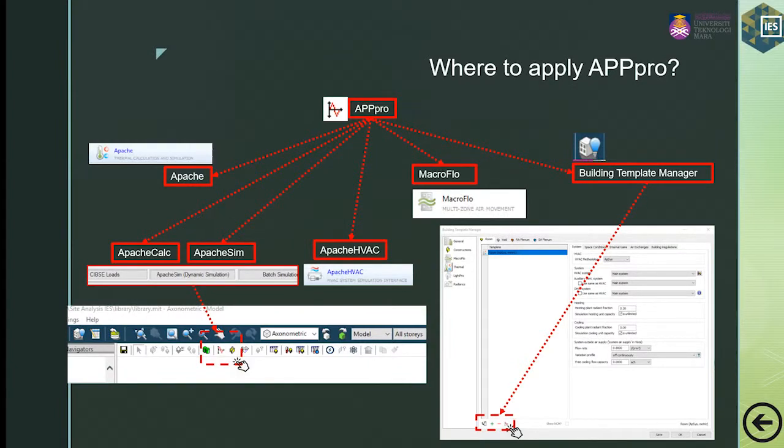So where are you actually going to use App Pro? App Pro is one of the most commonly used links for information regarding time series, and it is used for calculating the amount of energy depending on time. It is commonly used in Apache for thermal calculation and carrying out the simulation. Under this falls Apache Calc, Apache Sim, the simulation for thermal study or thermal analysis,